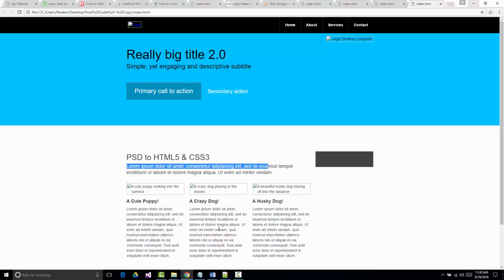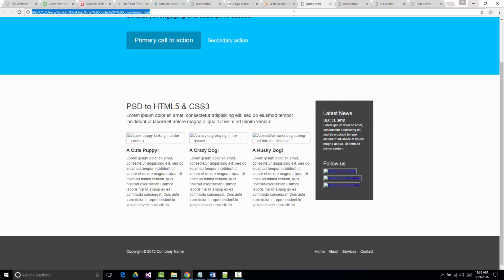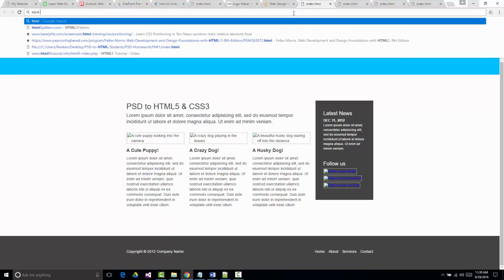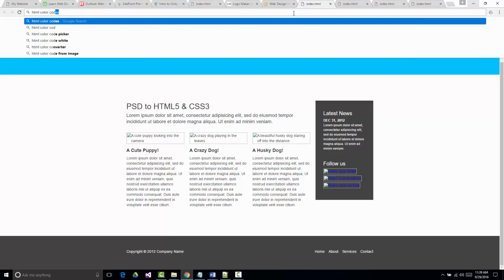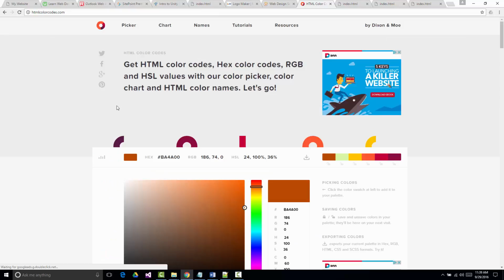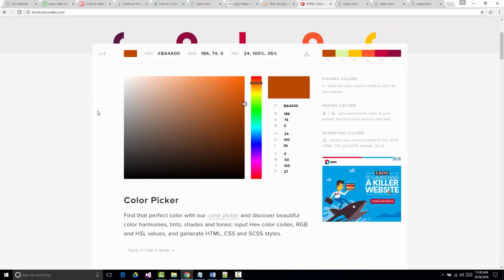Things that you might want to do between now and tomorrow. It's up to you. You don't have to do this. Things you might want to do. Look online. And as an example, I'm going to just type this in because I can't think of a good one right now. But I'm going to type in HTML color codes. All right? And it comes up with a lot. There's an htmlcolorcodes.com. All right? And if you bring that up,